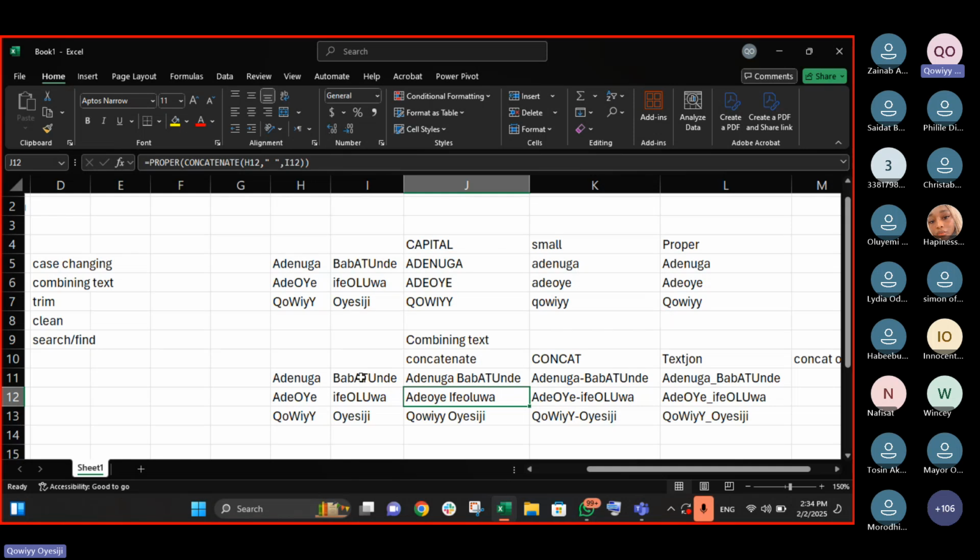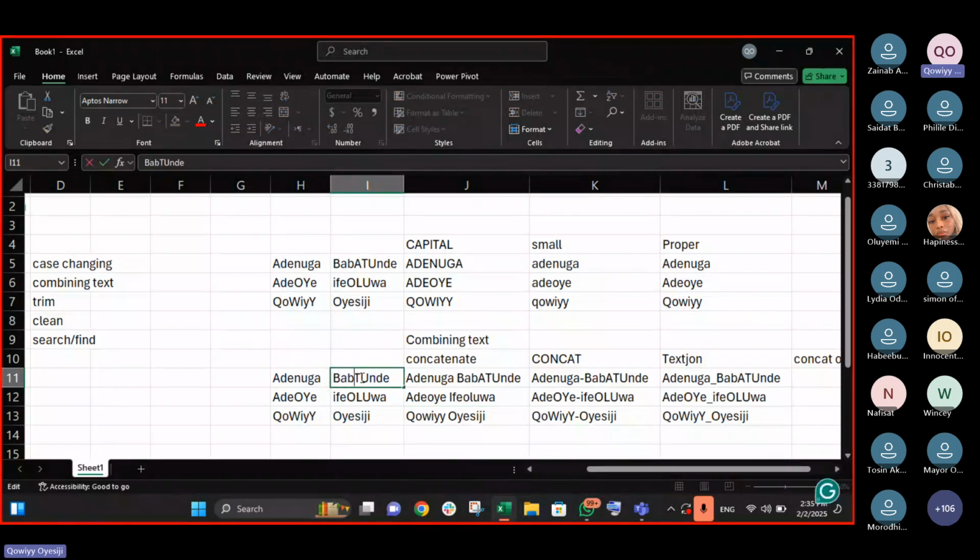If I come here and change this one to Babalola now, automatically, every place where I have reference cell is going to look at this one. Babatunde, you see that it's changed to Babalola now. Why? Well, it is the cell I'm referencing. So it is anything that is in that cell that my function is going to be giving me. Is that clear? So everything has turned to Babalola.